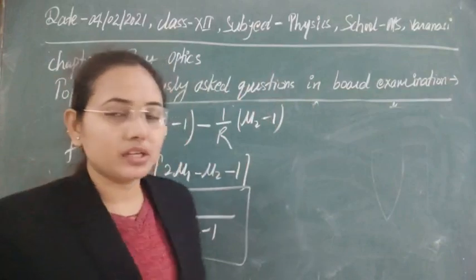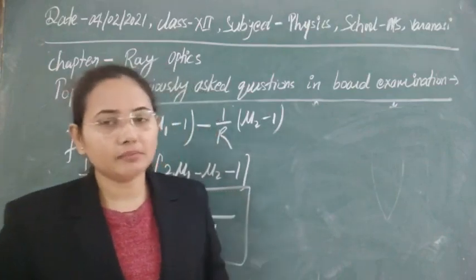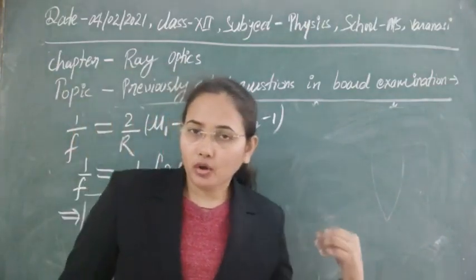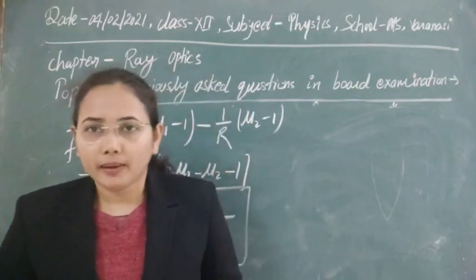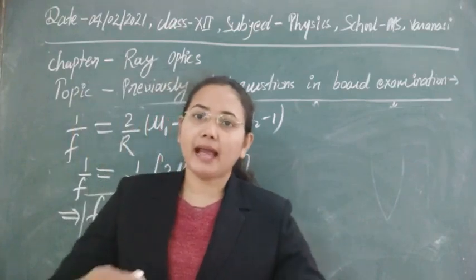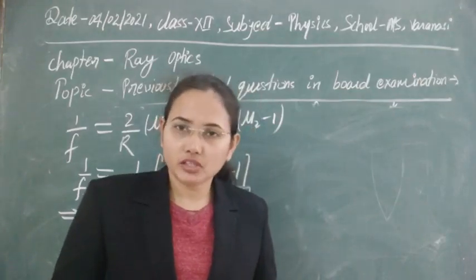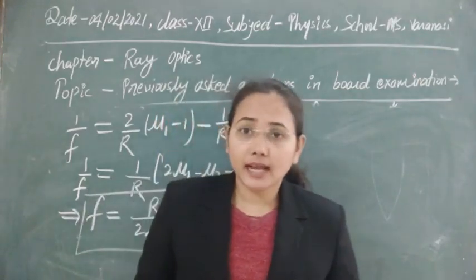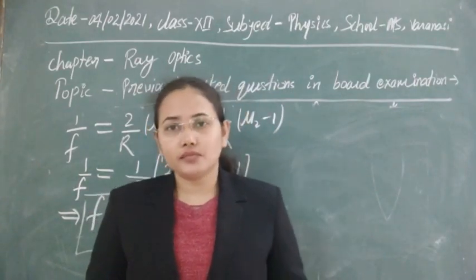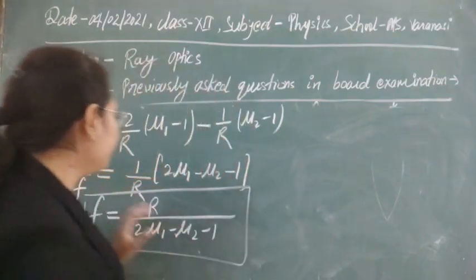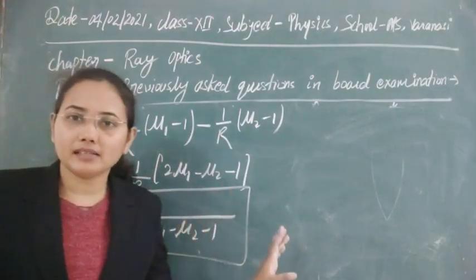If we are using a concave lens or convex lens and taking their combination, sometimes it can act as a concave lens or convex lens. So there is a condition. Obviously you know that if the combination has to act as a converging or convex lens, its focal length should be positive, and if it has to act as a diverging or concave lens, its focal length should be negative. So if this combination has negative focal length, it will act as a diverging lens.